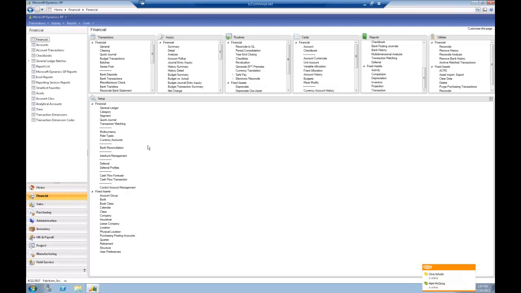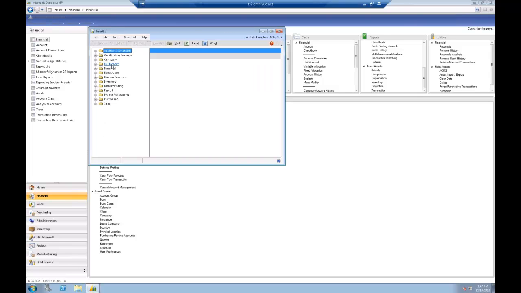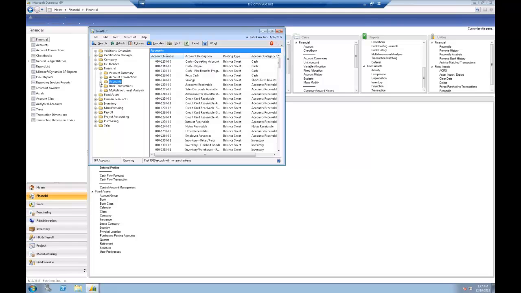Okay, and the next thing that we want to do is make sure that your posting accounts are correct. Usually, like I was saying earlier, we set up a smart list for this. If you don't have one, you can set one up yourself and check it yourself. So under the financial and accounts,